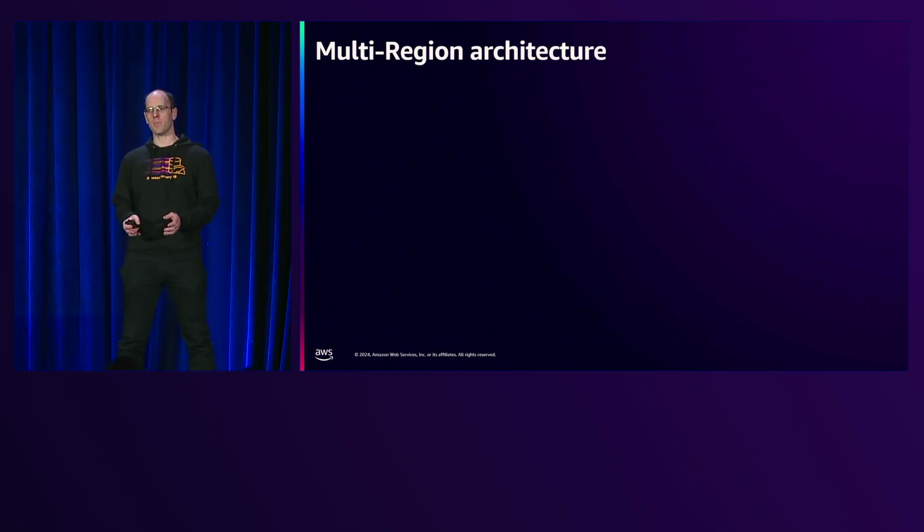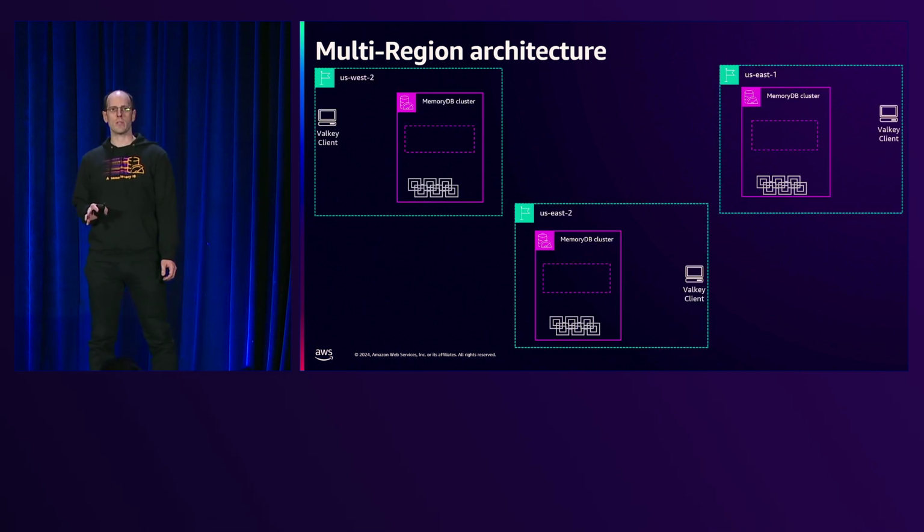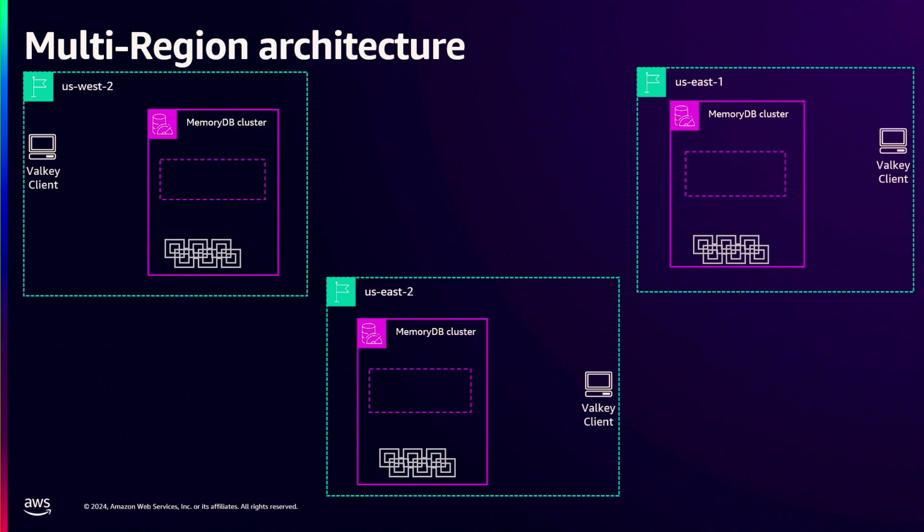So let's take a look at the MemoryDB multi-region architecture. The best way to do this is to take a deep dive and add a data flow between regions. Let's pick an example with a 3-region cluster with one member in US West 2, another one in US East 1, and another one in US East 2. We'll start by sending a set command, which is a Valkey command, to set the value yellow to the key sun. As Itai mentioned earlier, the data will be written into memory, then sent to the transactional log. Once it's replicated across multiple availability zones, we receive the ACK back,